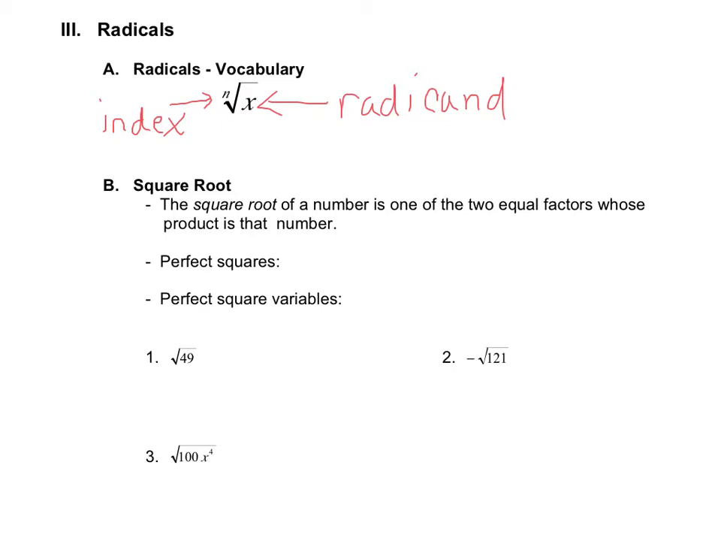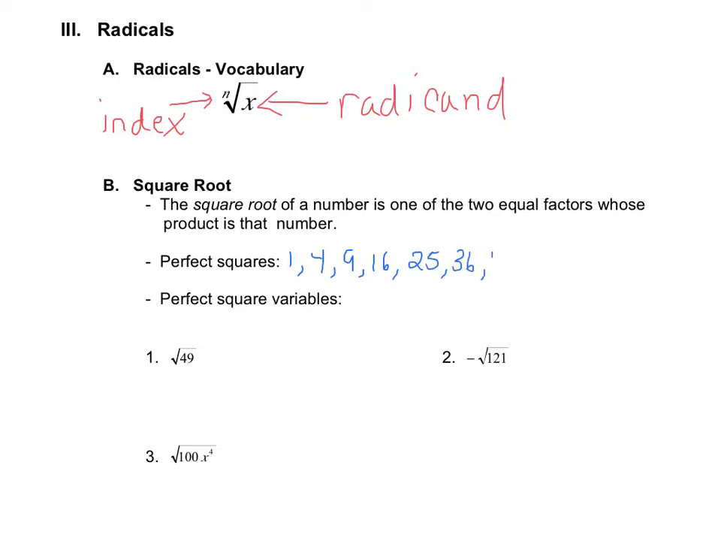The square root of a number is one of the two equal factors whose product is that number. Let's talk about some perfect squares. Well, 1 is a perfect square because 1 times 1 is 1. 4 is a perfect square because 2 times 2 is 4. 9 is a perfect square because 3 times 3. And if we went out, it would be 16, 25,